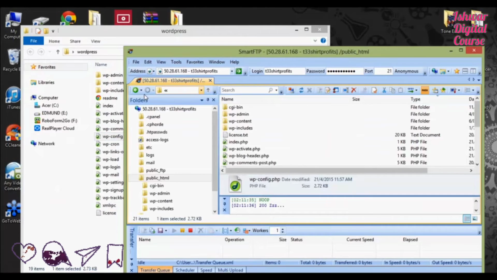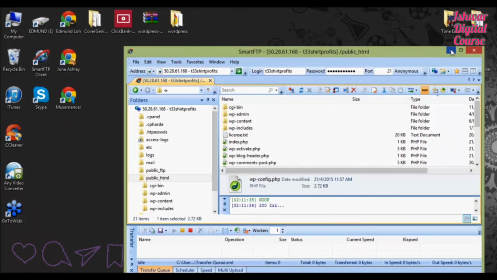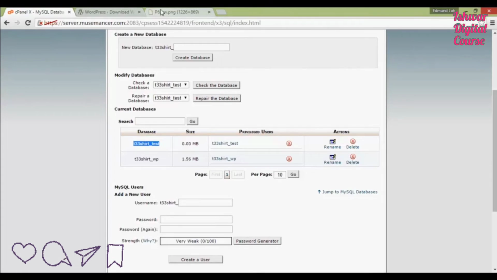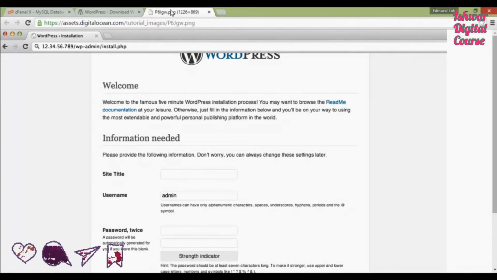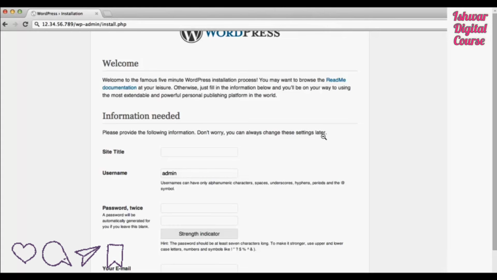I am not going to do this because, as I said, this is an existing account with WordPress on it. Now, if you do this right, the next thing you need to do is go to your website at /wp-admin/install.php. If you have done all this correctly, you will arrive at this page, which tells you the process is